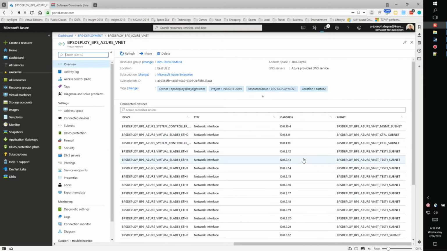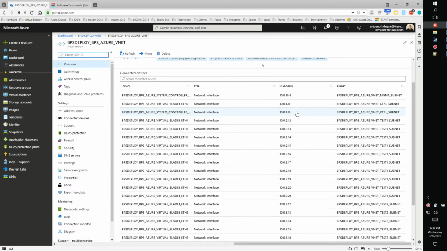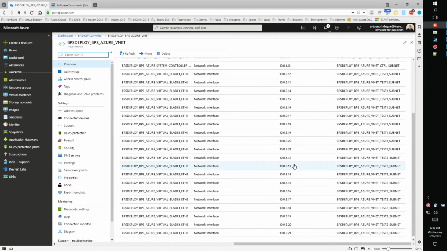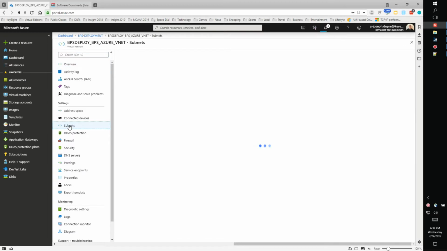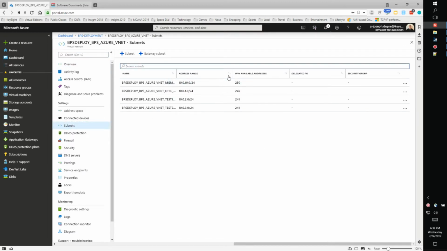So this is one private IP address, which is going to be connected to a public IP address, and then we've got some internal communication that we can do, and then we've got a number of IP addresses, primary and secondary IP addresses, on the one test network, the .2, and then on the second network, the .3. And if we want to take a look at that in another way, we can see the subnets that are associated with